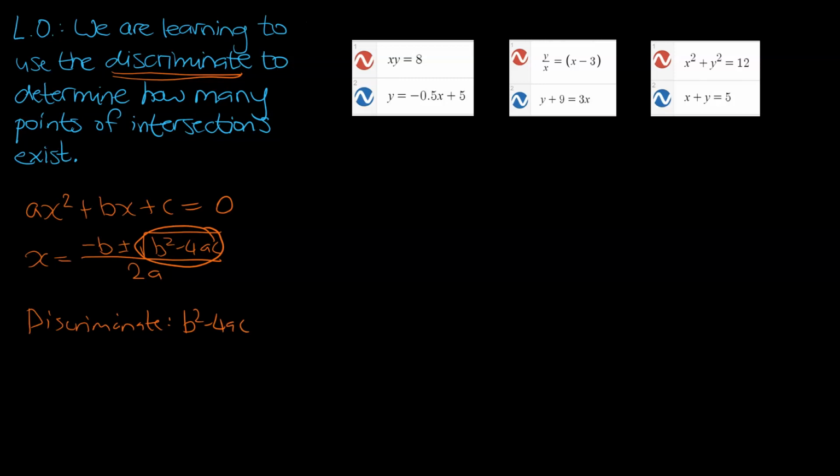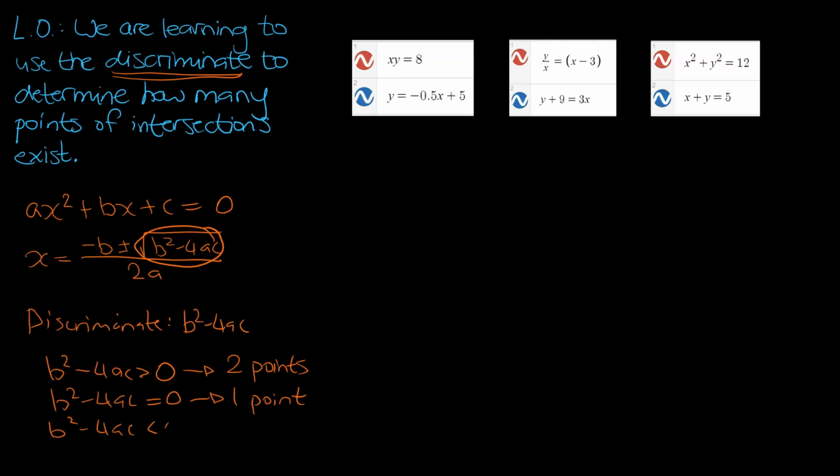and that related to b squared minus 4ac. We can use this bit of information to figure out how many points of intersection there were. If our discriminant, b squared minus 4ac, is above 0, there will be 2 points. If b squared minus 4ac is equal to 0, there will be 1 point. And if our discriminant is negative, or less than 0, there will be 0 or no